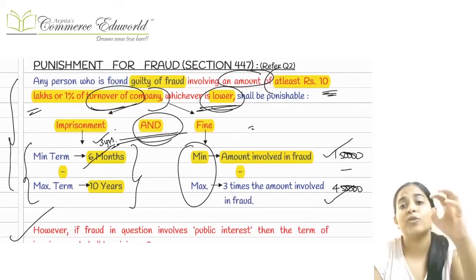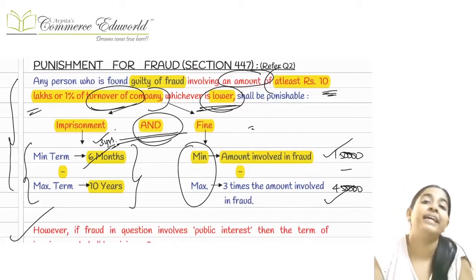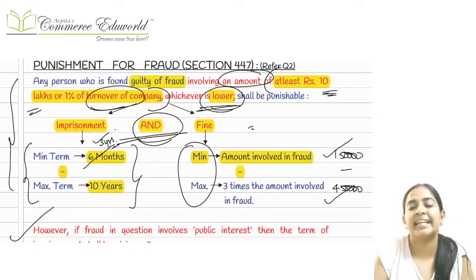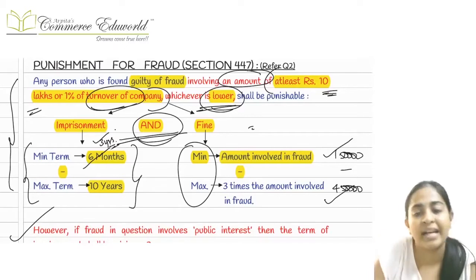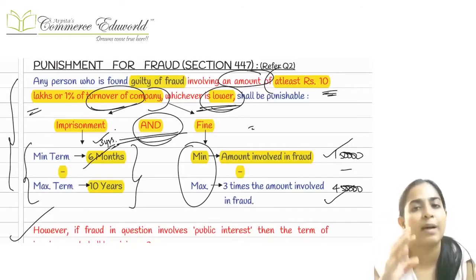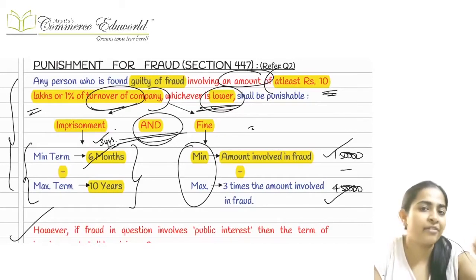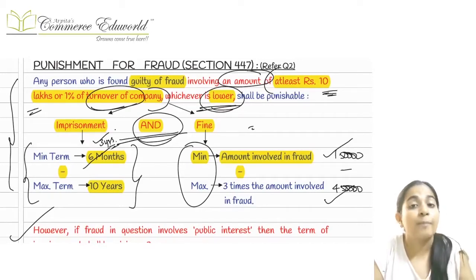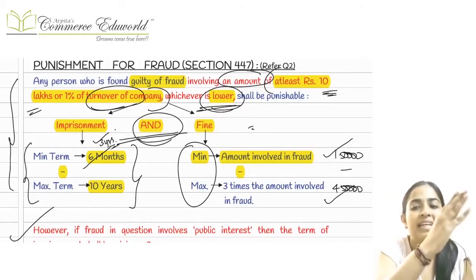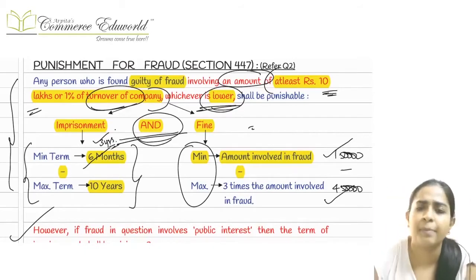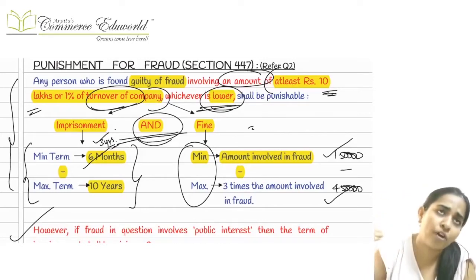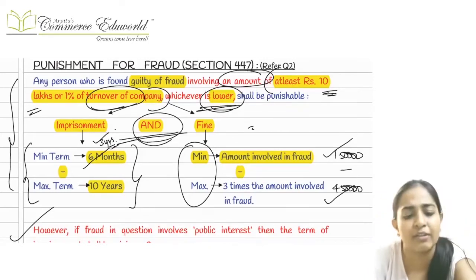Suppose this big fraud involves public interest also, if it has affected public interest also, then in that case the minimum tenure of imprisonment would be 3 years instead of 6 months. Just now I told you that it will range between 6 months to 10 years. But if it involves public interest, then instead of 6 months, it will be 3 years. 3 years to 10 years will be the imprisonment, and the fine will remain the same,